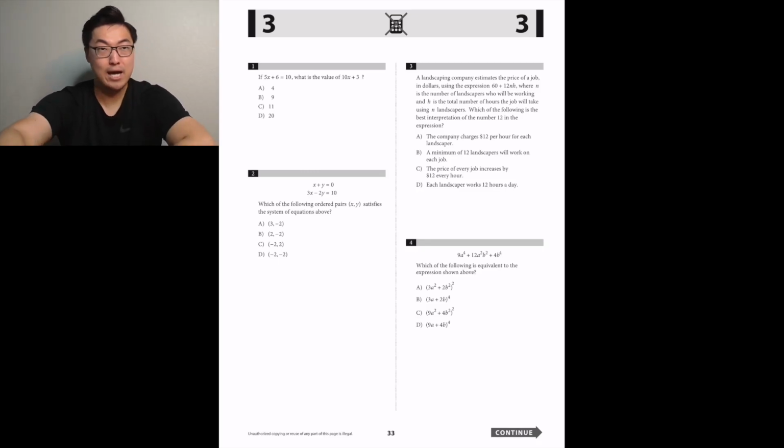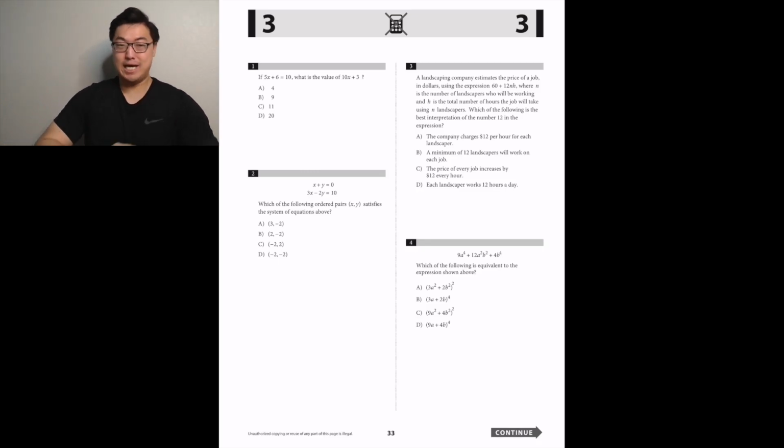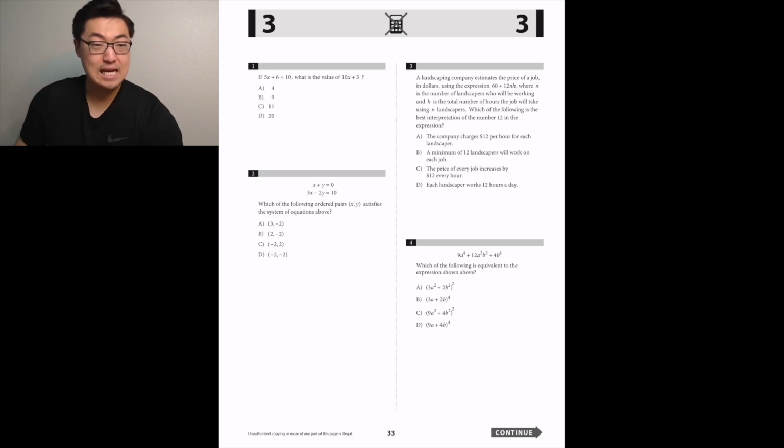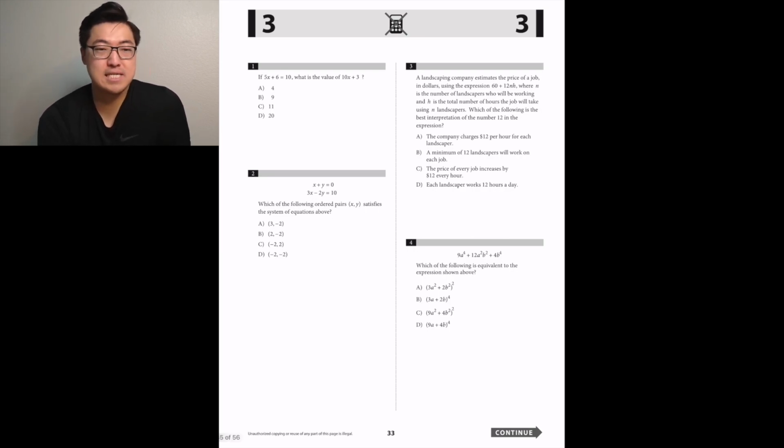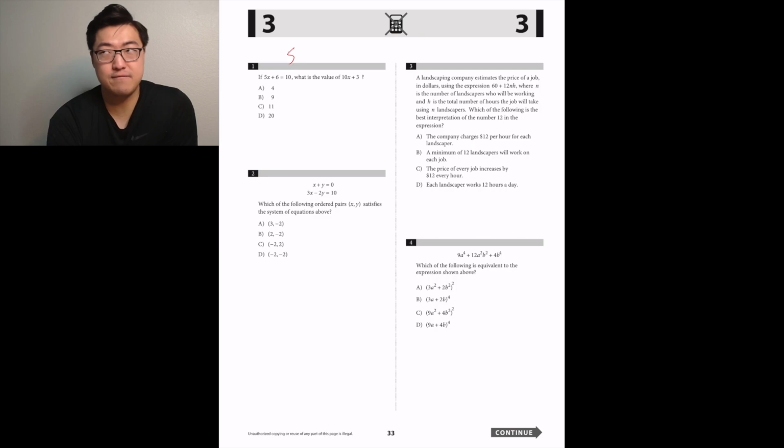All right, section 3. I only have a few minutes before I have to go to class, and so let's see if we can get through this quickly. Number 1, if 5x plus 6 equals 10, what's the value of 10x plus 3? 5x plus 6 is 10, that means 5x is 4, so 10x is 8, and then 10x plus 3 is